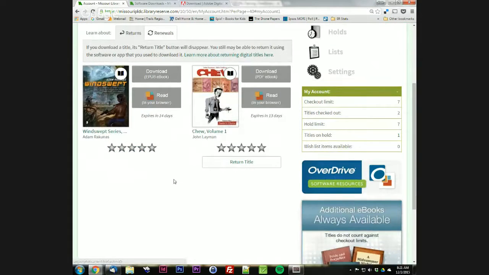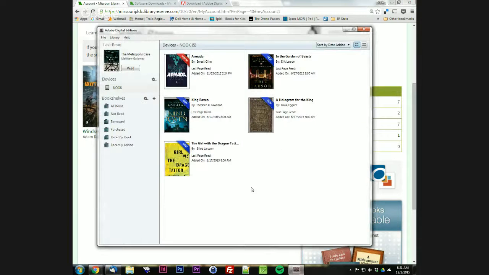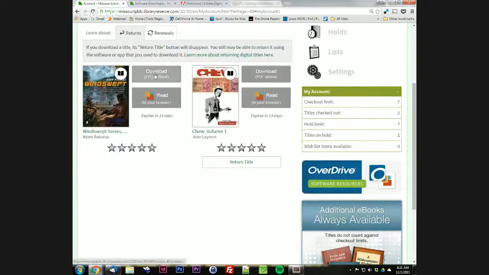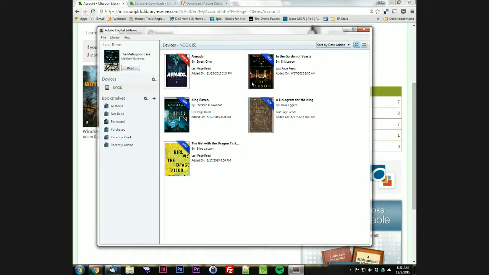So if you have a patron who has either removed it from their library and it's off of their device, but it's not returned, it's still showing up here, and now they're having trouble figuring out how to delete it because it's not in Adobe Digital Editions, it's not on their device, but it's also not returned. In a lot of cases, if they haven't used up their allotment of downloads, the best thing to do is to download it again into Adobe Digital Editions and then select return